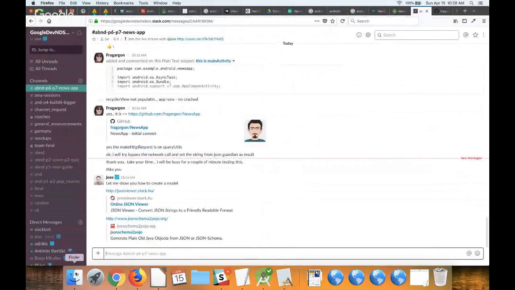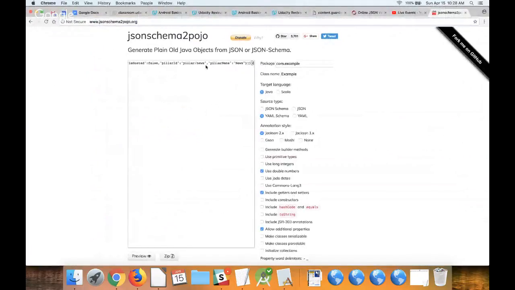Now, so I have pasted here the JSON. Here you can decide the package name, the class name. Well, this is optional, but probably you want to do the same package that we have. This is JSON. Here we can annotate with different things. This is maybe a bit more advanced. So at the moment we are going to say none.